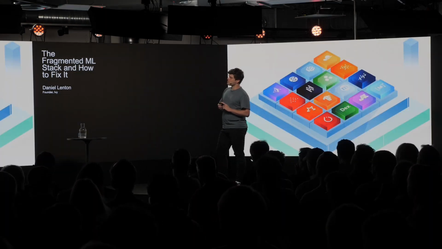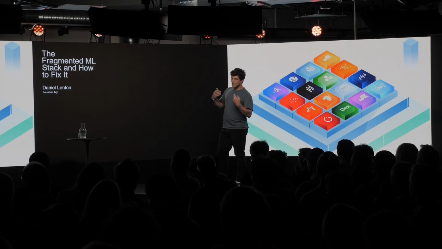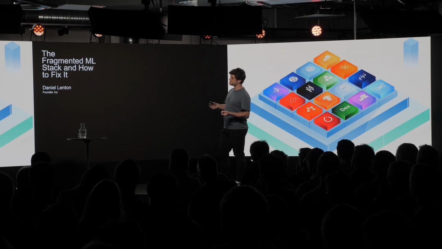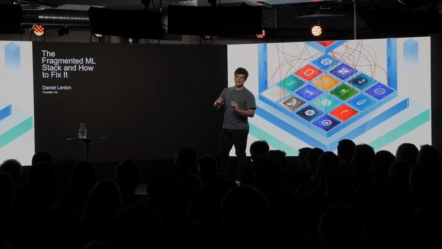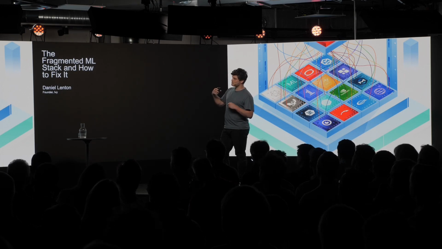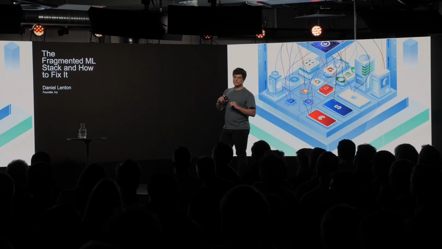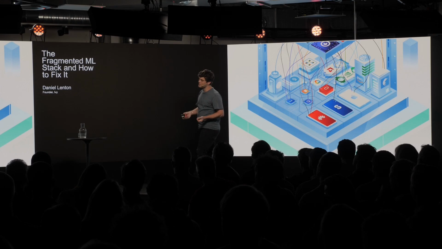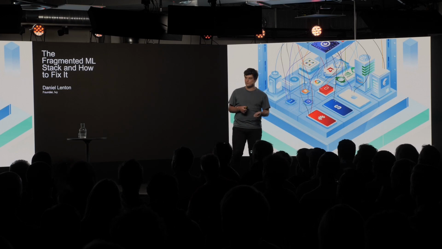So, firstly, at the top of the stack, we have the myriad of incompatible frameworks. So these are all high-level APIs which the end user can make use of. We then look one level lower than this, and we have another myriad of incompatible compiler infrastructure. So these are basically what are used to compile the code into efficient representations to deploy on hardware. We then go one level lower still, and we have a myriad of incompatible hardware, which is actually where the ones and zeros are run, and it's where you can then train and deploy your models.